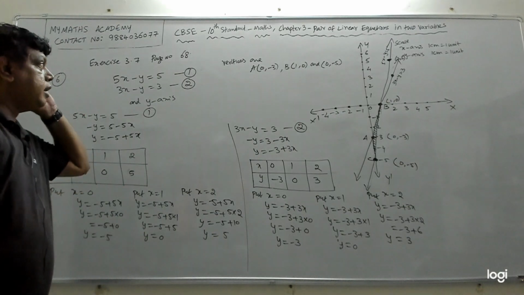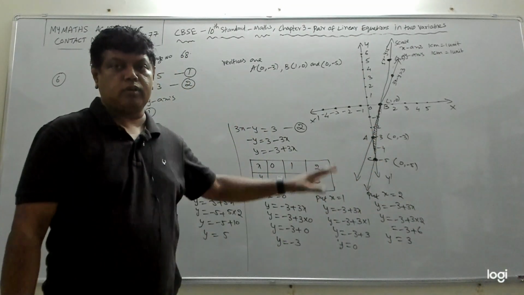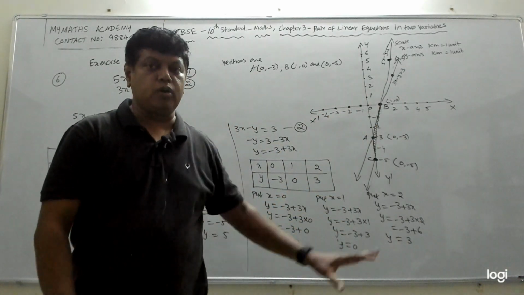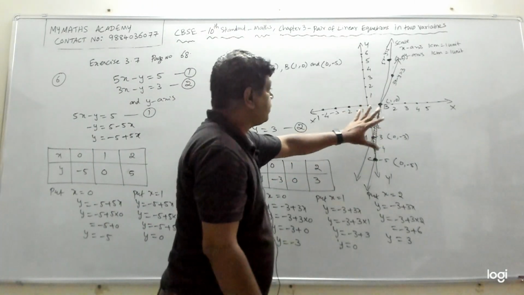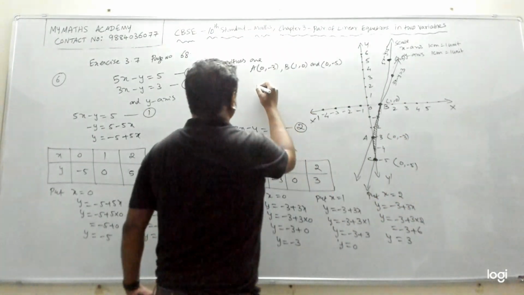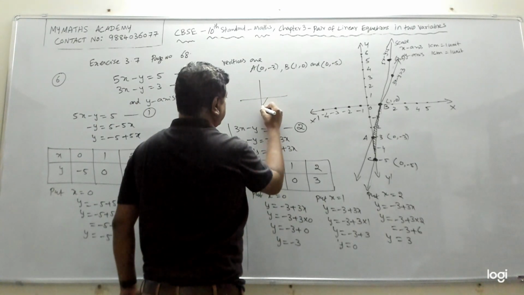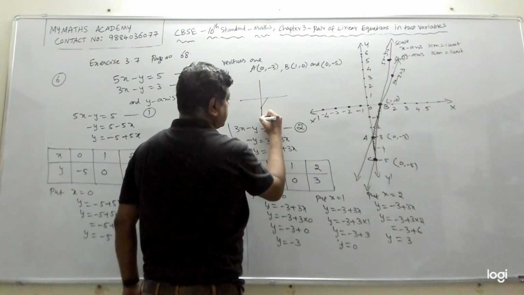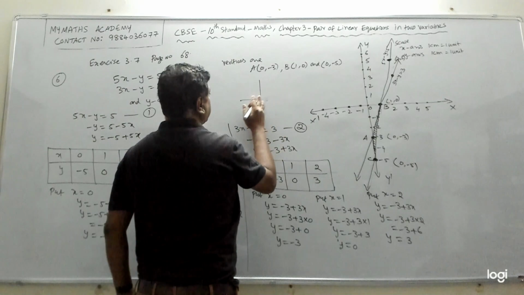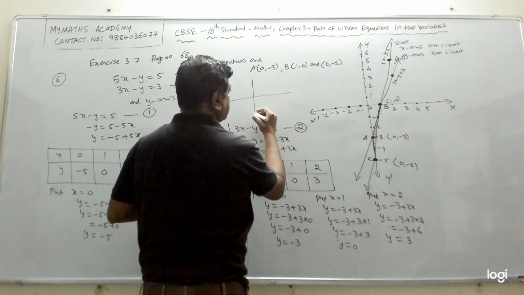Fine. So here ends the problem. It may look very small here, but if you do it on a graph sheet, you will get it nicely. I have done it freehand, so it may not look very clear, but you can try this. You will get a triangle getting formed. If I try to draw a miniature of this, you may get a triangle like this. You go here, then another line will be like this, and the third line will be like this. Right? You'll draw it and get a triangle like this.